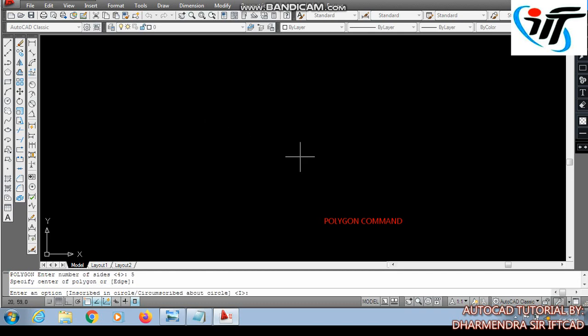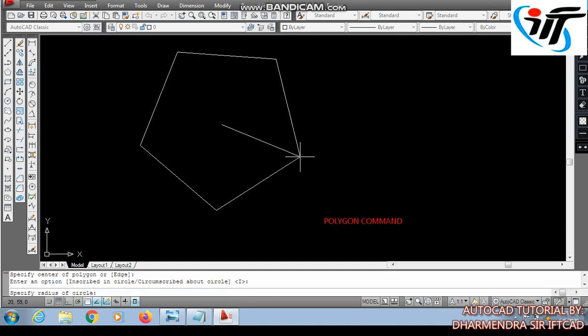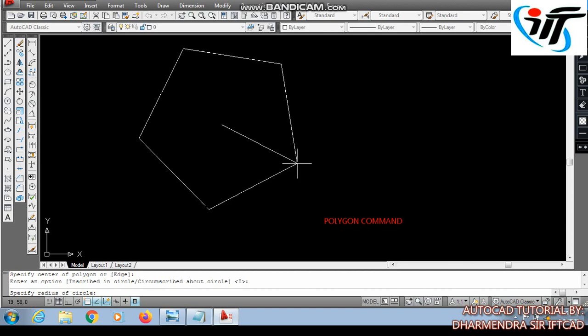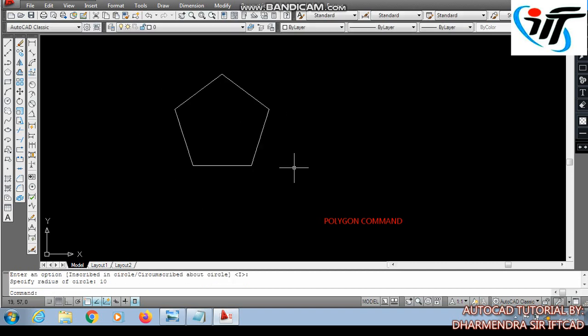Now it's asking inscribed in circle or circumscribed about circle. We have not drawn any circle right now, so we will choose any of them. I am choosing inscribed. Now it's asking about the radius. I am providing 10 units as radius. So a 5 sided equilateral polygon has been drawn.